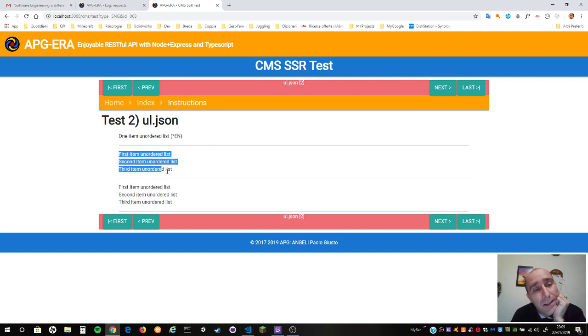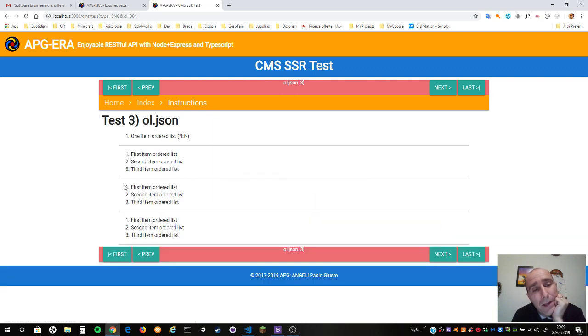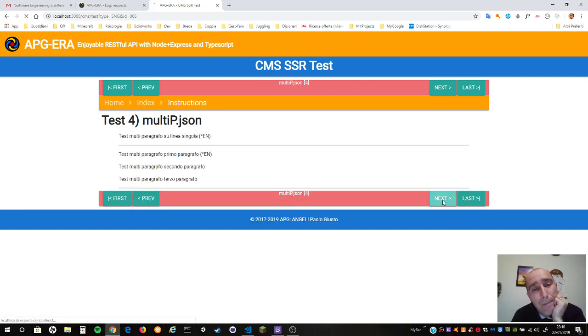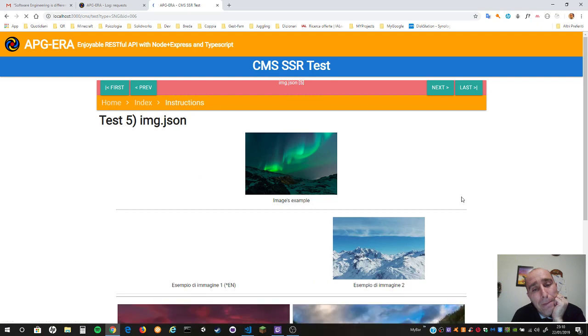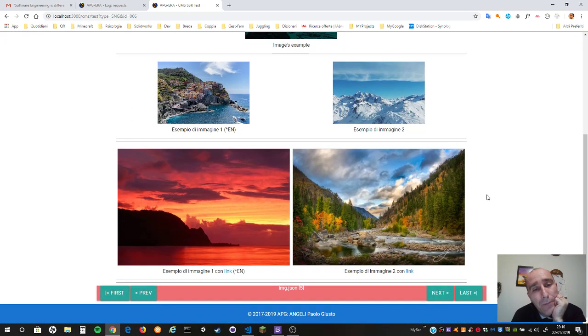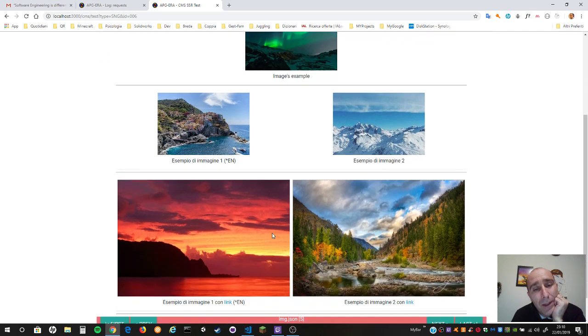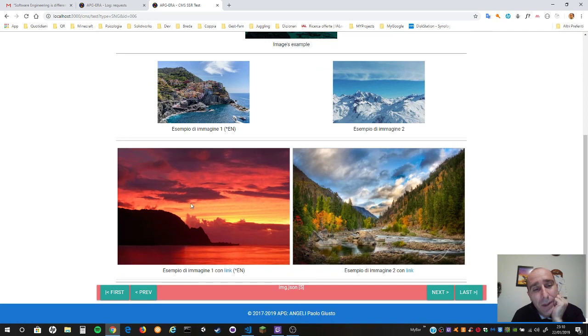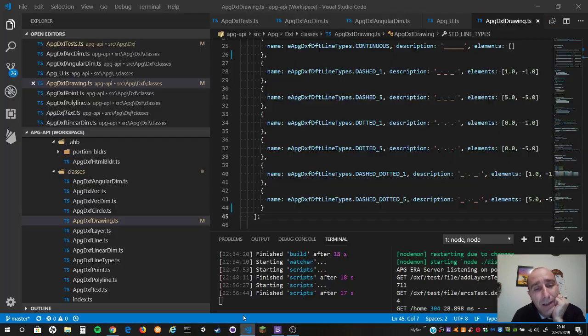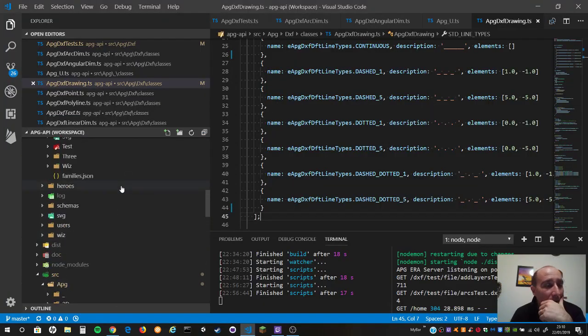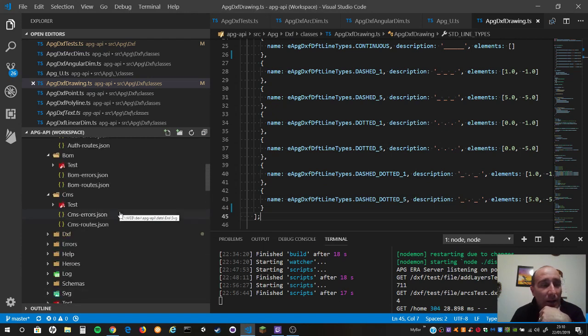Here the CSS is not working. Here is not working too. And here you can create components, really. You can create real components. So instead of having this image here,